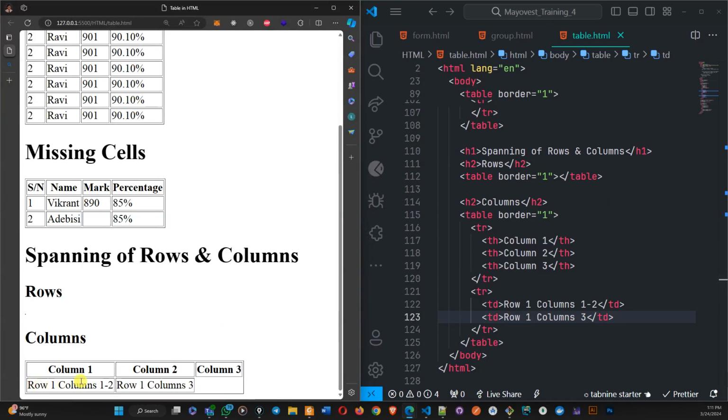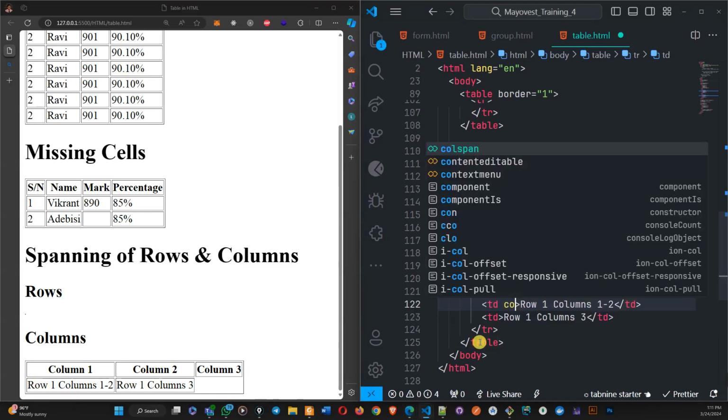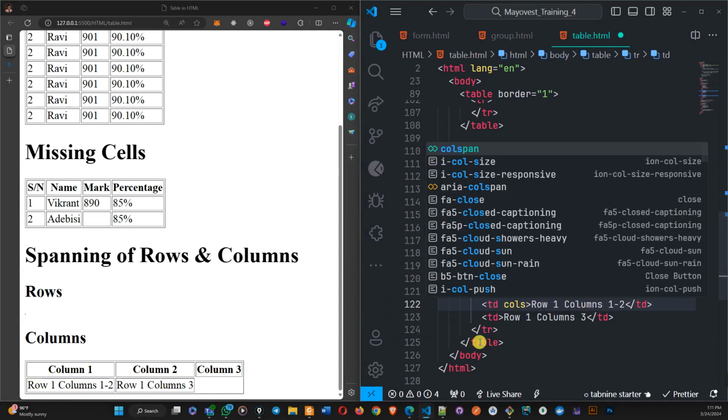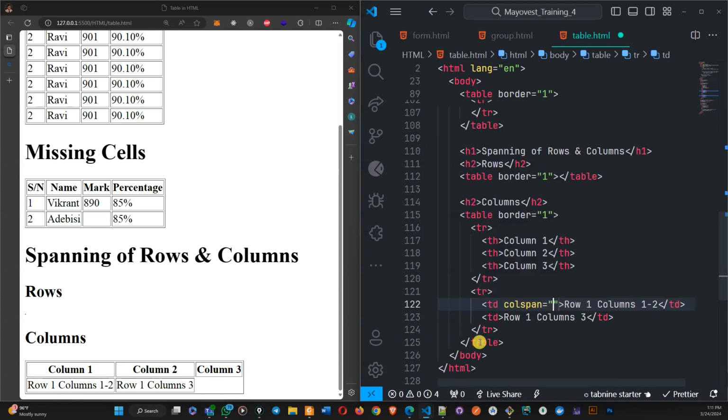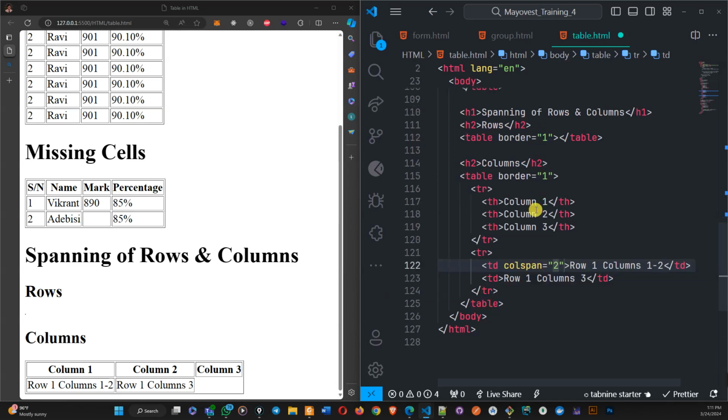So here we want to join this row to this one so that this one can be shifted to the third one. How do we talk to it? We just need to supply the attribute on it, which is going to be colspan. When you are joining from left to right, you use colspan. This colspan is the attribute that is supplied to your TD or TH, and inside it, you supply the number of columns that you want to join. Since here I only want to join 2, if I put 2 there and save, as you can see now,